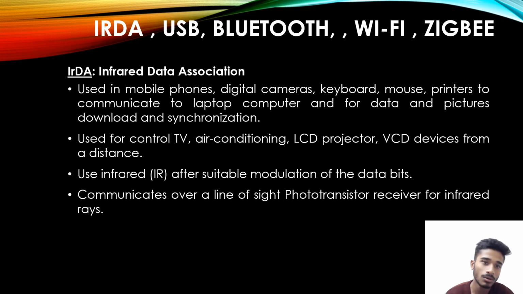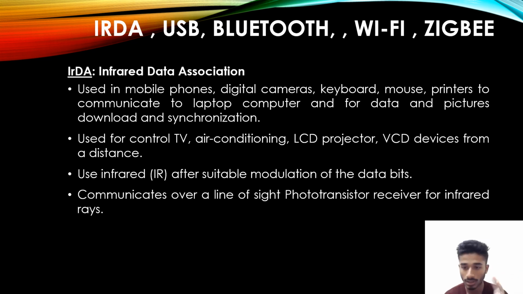So today we are going to learn about five types of external communication devices, which are IRDA, USB, Bluetooth, Wi-Fi, and Zigbee. So what is IRDA? IRDA is the Infrared Data Association. These are used in mobile phones, digital cameras, keyboards, mice, and printers to communicate with a laptop or computer for data and pictures download and synchronization. It is also used to control TV, air conditioning, LCD projector, and VCD devices from a distance, just like